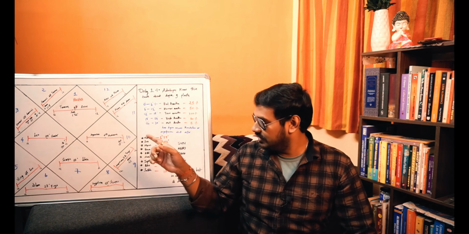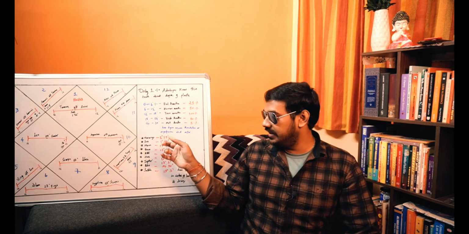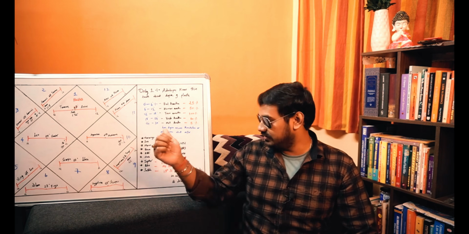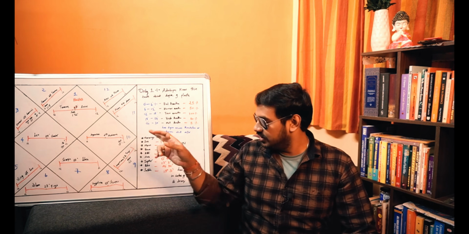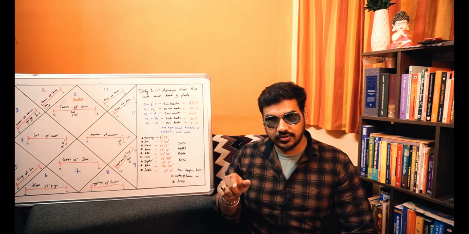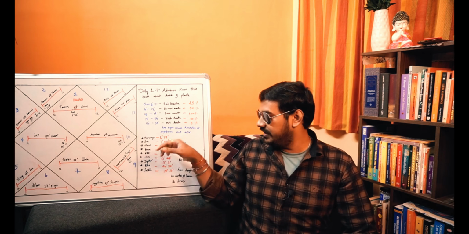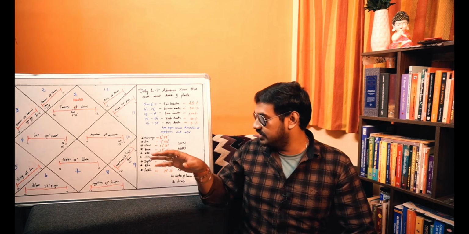Alright, so the placements of planets I'll just quickly mention. Aries ascendant chart, Mercury is placed in Aries at 6 degrees 19 minutes, so it's in Ashwini nakshatra. Sun is in Taurus at 1 degree 52 minutes. Moon is in Gemini at 11 degrees 3 minutes. Venus is also in Gemini at 15 degrees 4 minutes. Ketu is in Gemini at 26 degrees 30 minutes.